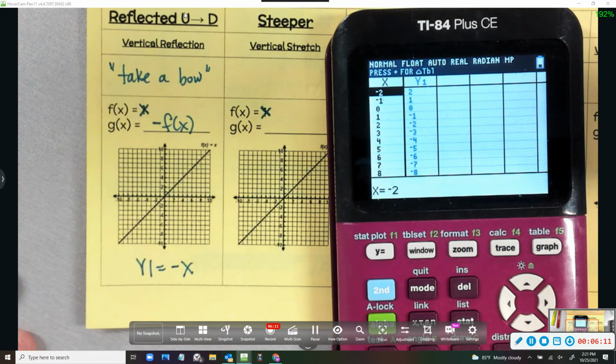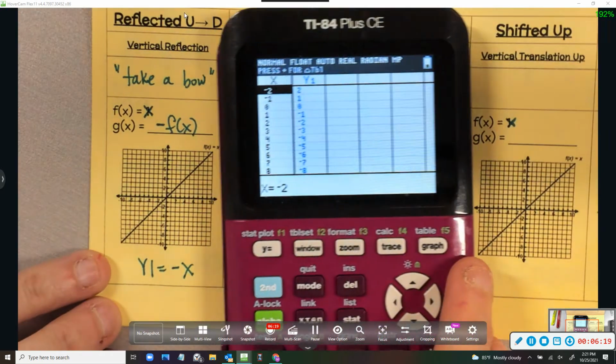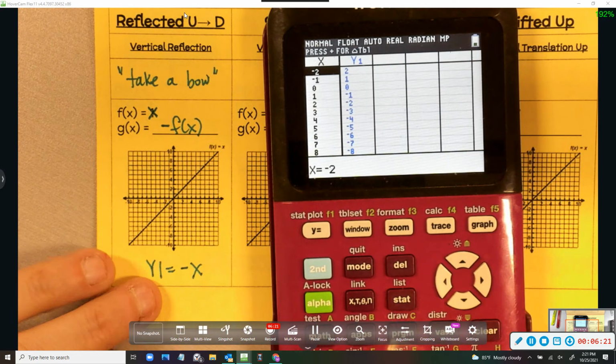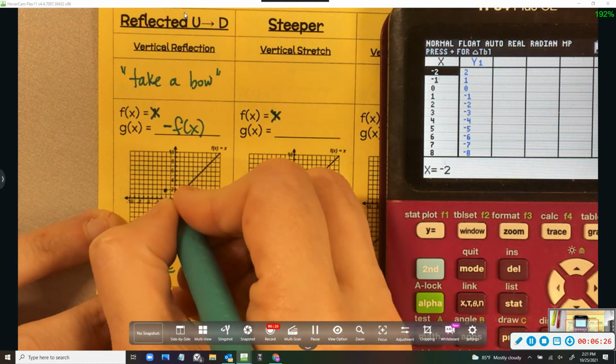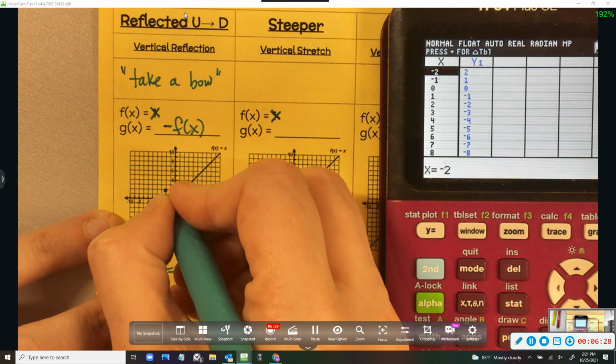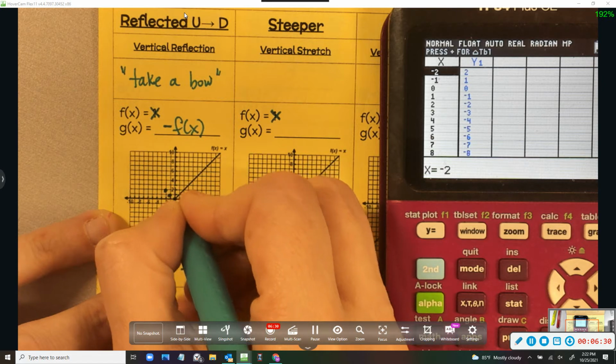what it looks like. Now, these transformations are really hard to see when you're looking at lines. I know this is like a super boring lesson, and I'm really sorry about that. I wish I could make it more interesting. I think I'm about to try, but we'll find out what happens, okay? So I'm going to plot these points. So I have a point at negative 2, 2, point at negative 1, 1, 0, 0, 1, negative 1, 2,